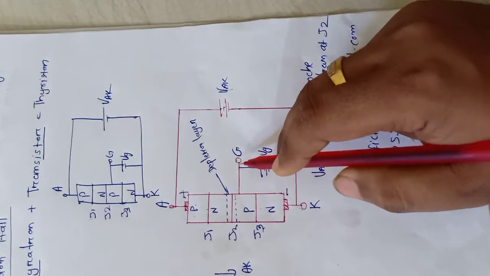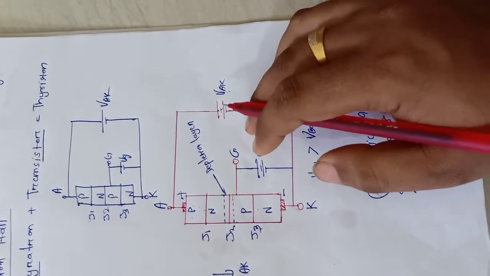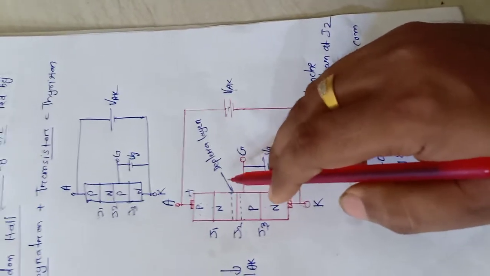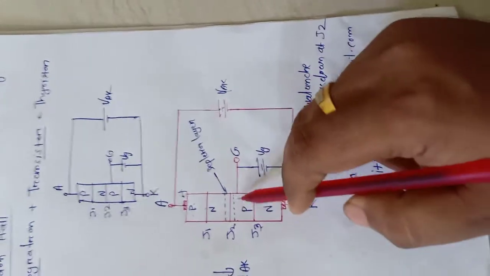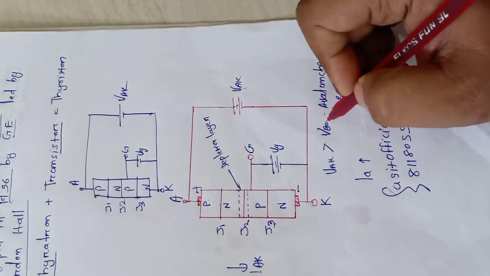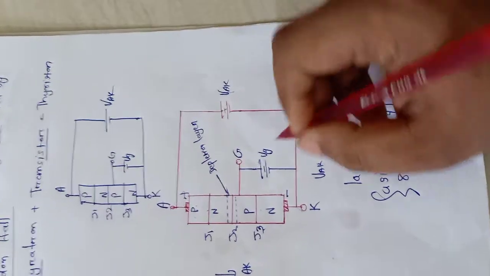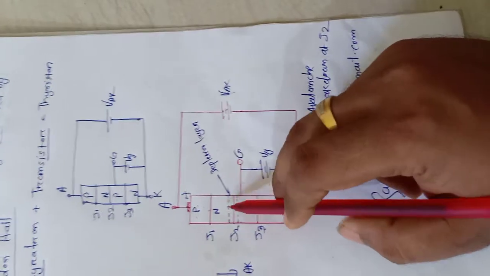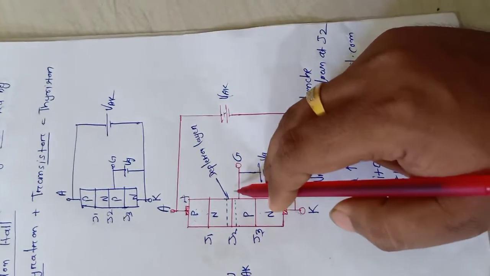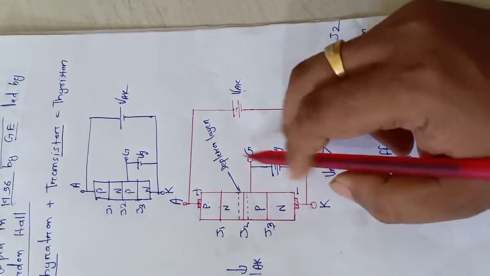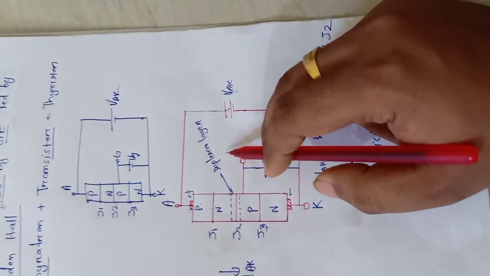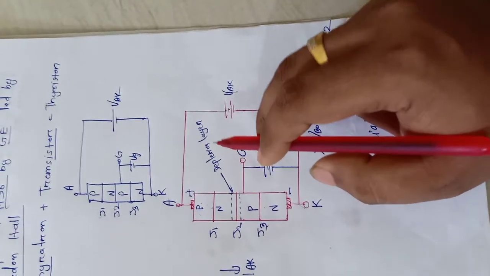I have already explained in my previous video. So latching current is what? Latching current is that minimum current above which our anode current should rise for reliable turn on of our SCR. So when we increase our voltage VAK and VAK crosses the forward breakover voltage level, then avalanche breakdown happens and our anode current starts increasing, and when it crosses the latching current level, then this SCR will reliably or successfully turn on. So this is called the forward conduction state of the SCR.